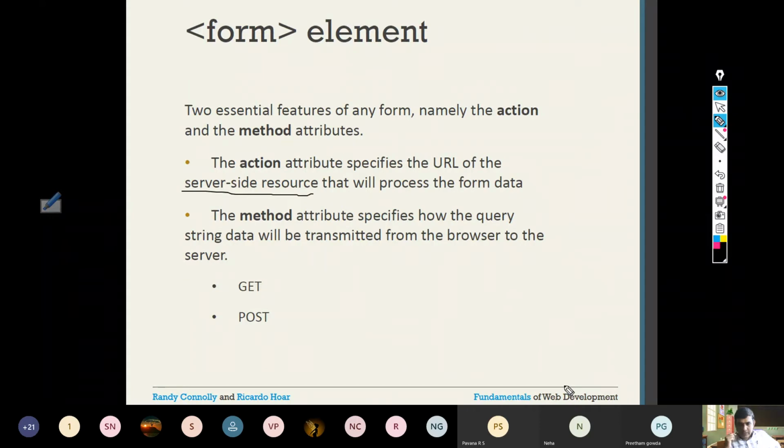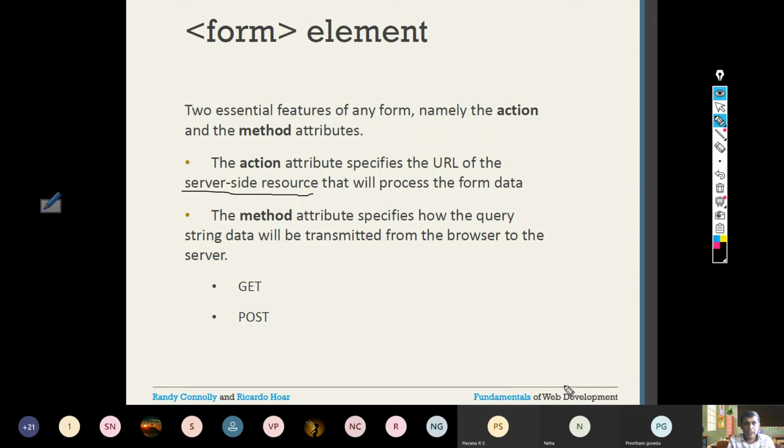So when you say URL, it can be a relative path or an absolute path. If it is in the current server directory, you can give a relative path. But assume that you are giving a PHP or some program that is in some other website, then the complete URL, like which domain, which path, and which program should be executed, should be specified.